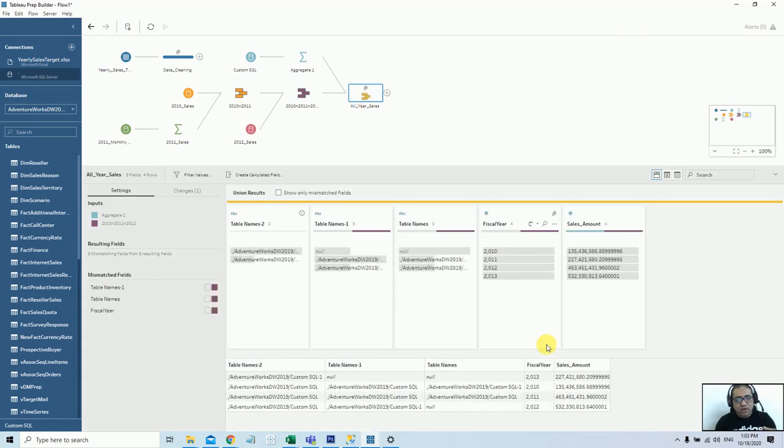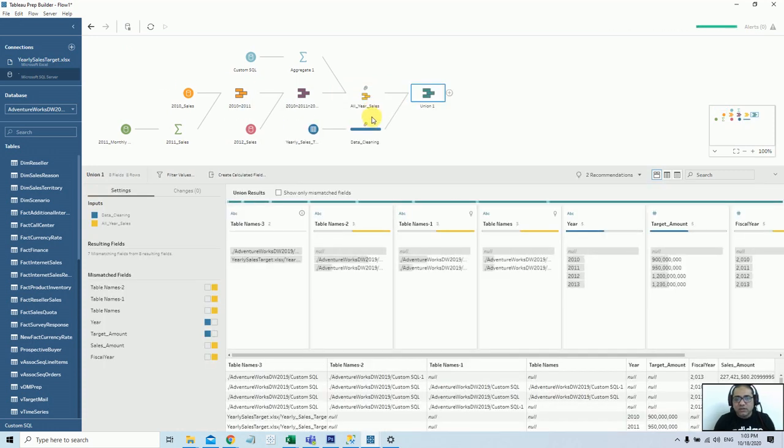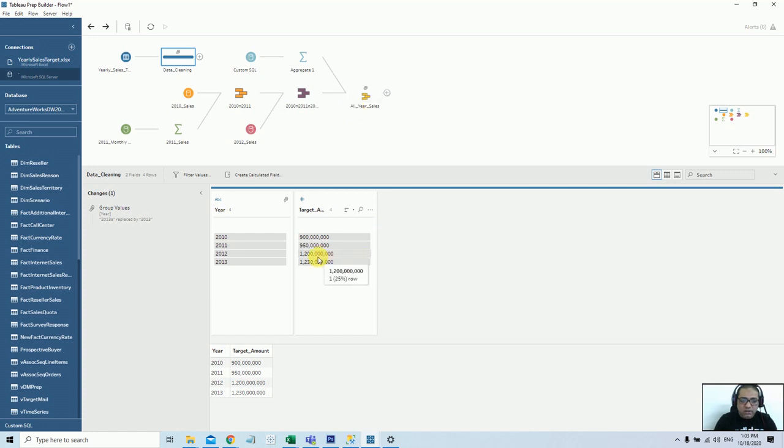Now what if I want to join the sales and target together? How we can do this? If you see, we already have the cleanup data. Now this step needs to be brought and put into the join condition. If you do that one currently, sorry, I don't need to union it, because if you union it, it will again mix with the current sales. But this time, instead of union, I need to make a join condition here.